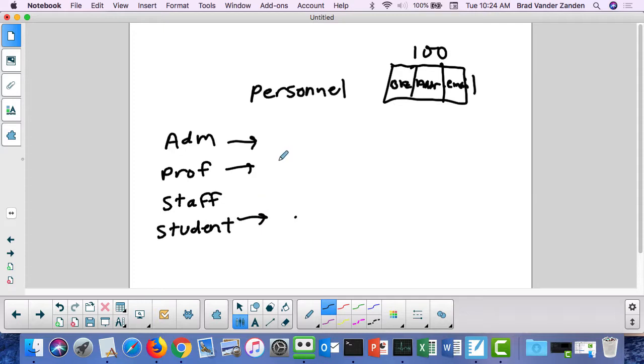Plus, if I change the information about the professor, such as their email address, I have to remember to change it on 3 different lists. That's pretty hard to remember. I may have to search every single list. What if instead I were able to point to the record? So instead of having to have a separate record on each list, what if I could instead, on these lists, have